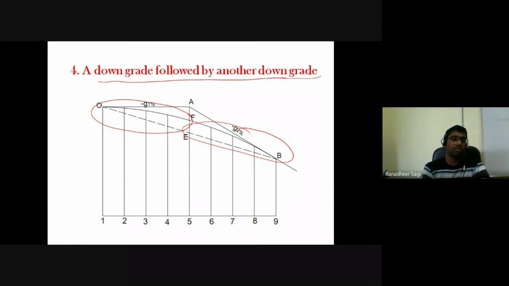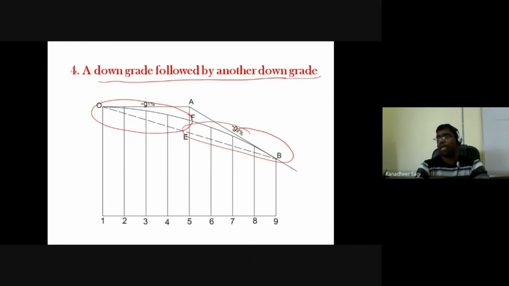As we have understood, in a broader way we have talked about what is meant by a curve, and then we understood that curves are broadly categorized into two types: horizontal curves and vertical curves. In horizontal curves, we understood the different types of horizontal curves. In the case of vertical curves, we have understood the different types of vertical curves. We have also seen in which case we provide which type of horizontal curve, and in which case we prefer vertical curves. This is what we have understood in this concept of curves.